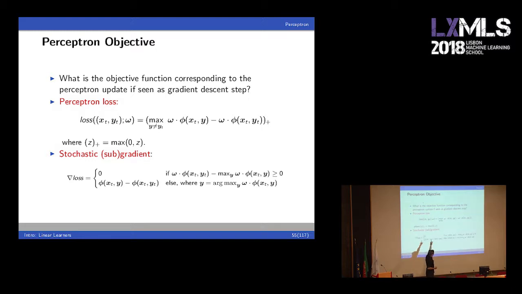And the loss function for the perceptron is the loss function here. It's what we, in the binary case, call the perceptron loss. So what it says is we incur a loss if our prediction, which is the maximum y that is not the gold standard label, receives a higher weight than the gold standard. So we want to have the highest weight on the gold standard example, not something else. So if this term is positive,